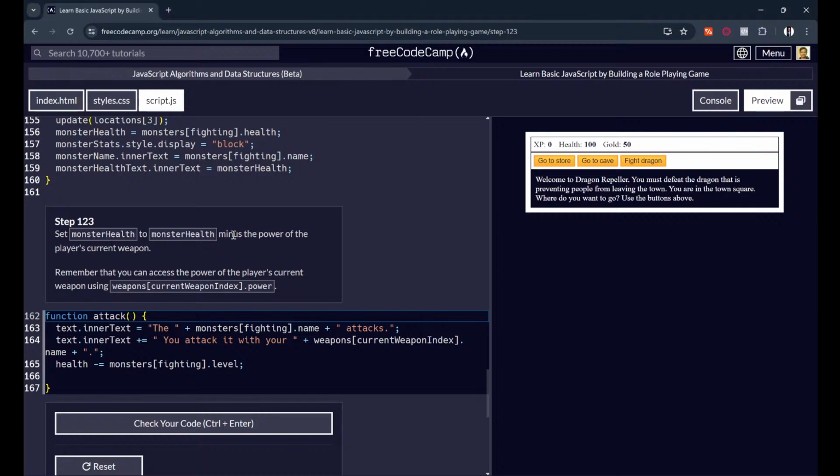Set monster health to monster health minus the power of the player's current weapon. So we'll put monster